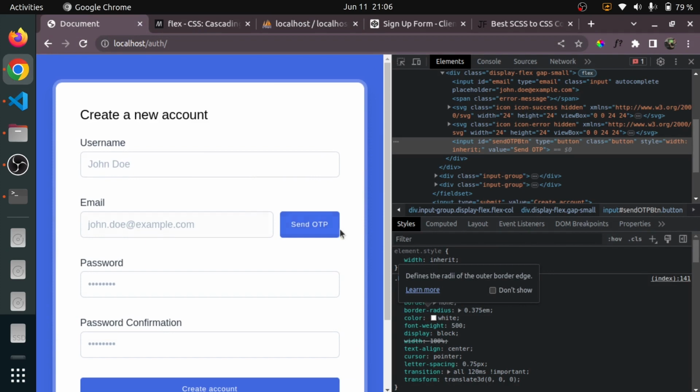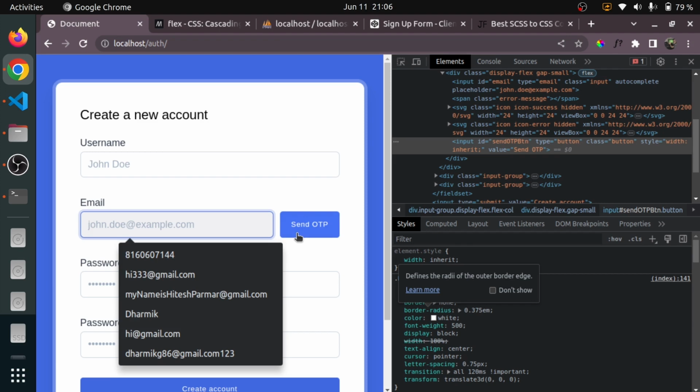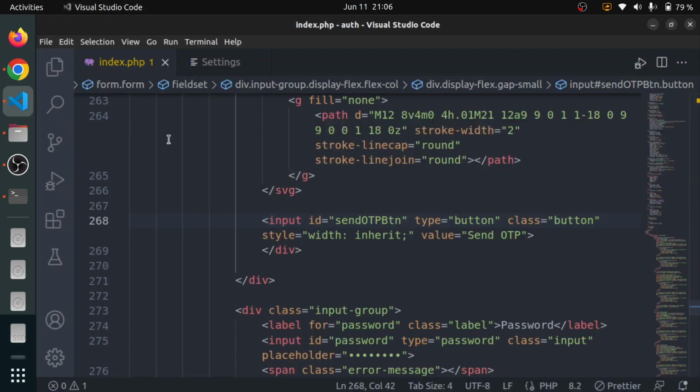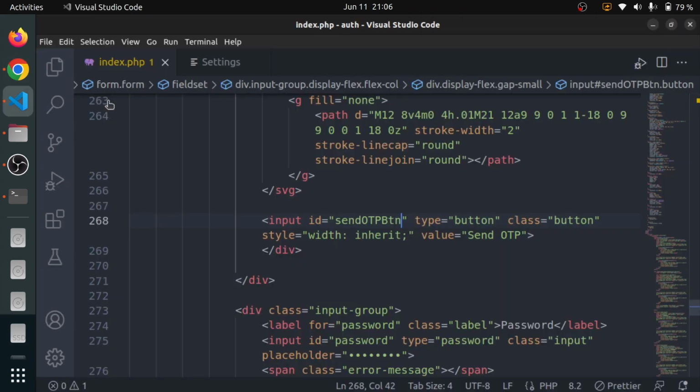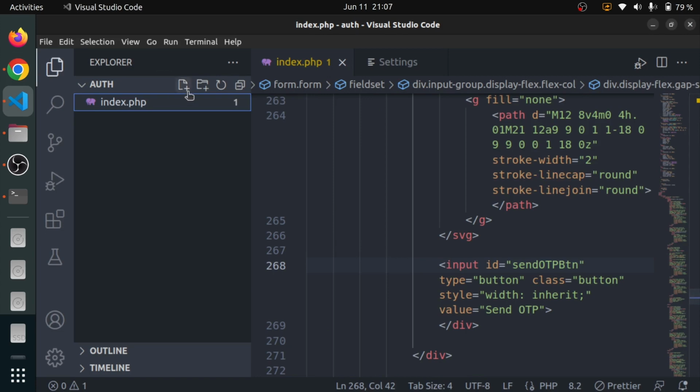Now whenever someone presses the send OTP button, it's going to take this email ID and submit it to our backend. Our backend is in PHP. So it's going to take it and send it to a new PHP file that we are going to create. Let me create that file. We will create a folder first. The folder name will be